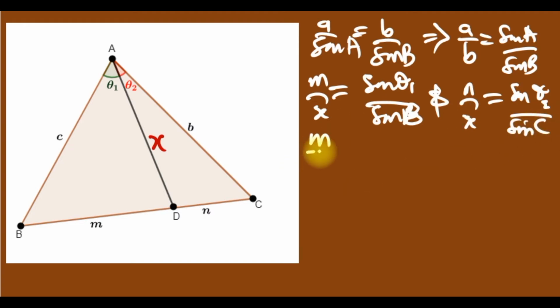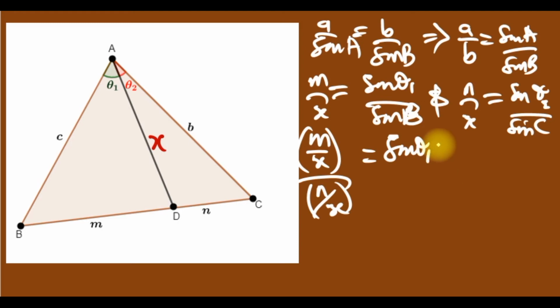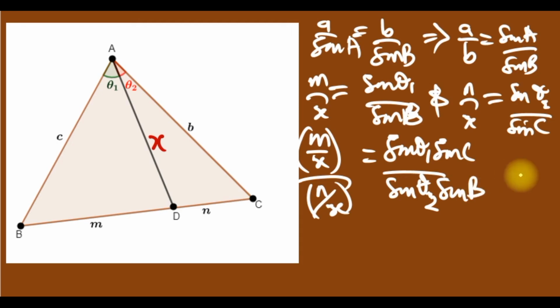So if I divide the first equation by this one, m over x over n over x, we now have sine theta 1 sine c over sine theta 2 sine b. Yes, we have a common term x, so we see that